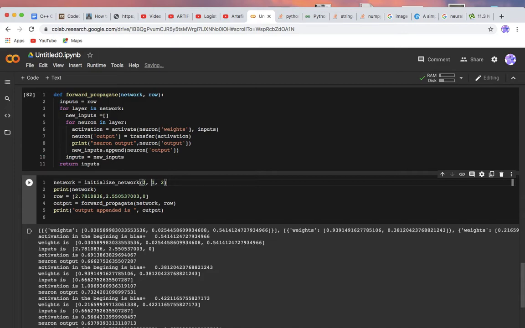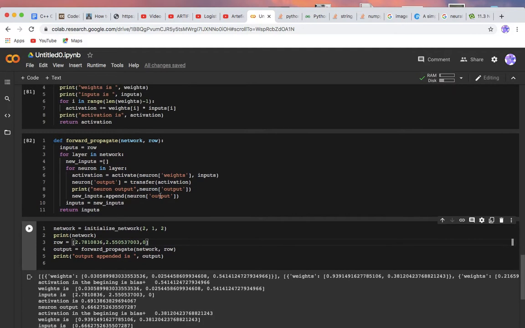So the number of neurons in the input layer is 2, in the hidden layer only one neuron, and in the output layer we have two neurons, right? So the obvious question is how many outputs shall we get? We'll get two outputs as we have two neurons in the output layer, right? We have two neurons in the input layer. It means that we'll have two input features, like this and this. This one is for output, right?